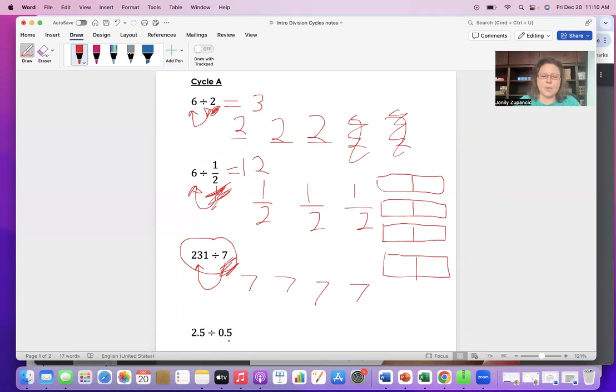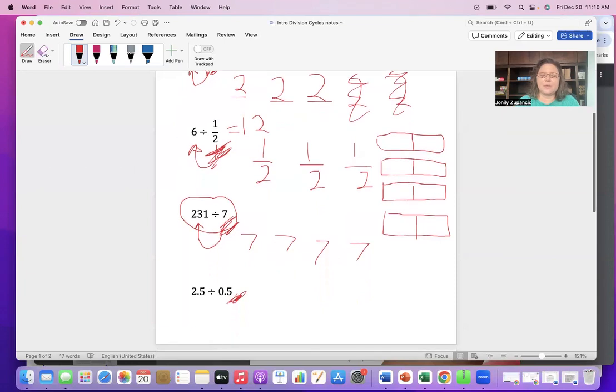Now, I'm not going to continue that thought because this is just an intro to this division statement. But the last one I'm going to point out is 2.5 divided by 0.5. With my third graders, we've been doing a lot of talk of money this year and how money is written in decimal form as dollars. So they know that 2.5 could be $2.50 and that 0.5 is 50 cents. Now, if 0.5 is our second number in this division problem, 2.5 divided by 0.5, then 0.5 is my skip counting number. 0.5, 0.5, that's my skip counting number. And my goal is to land on